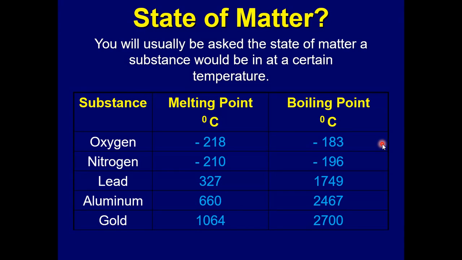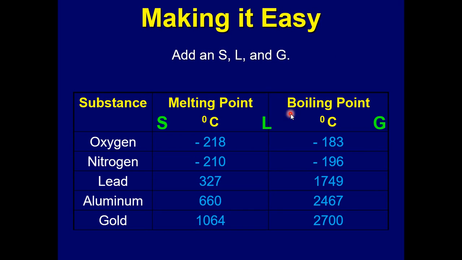When you read these tables, there may be several substances listed, and that might be confusing. To make it easy, put an S to the left of the melting point temperature, an L between them, and a G to the right of the boiling point. That will remind you that any temperature that falls to the left will be a solid, any temperature between these two temperatures will be a liquid, and any temperature that falls to the right of the boiling point